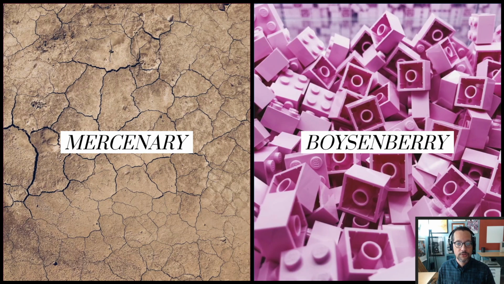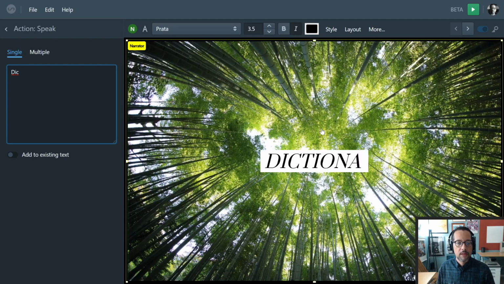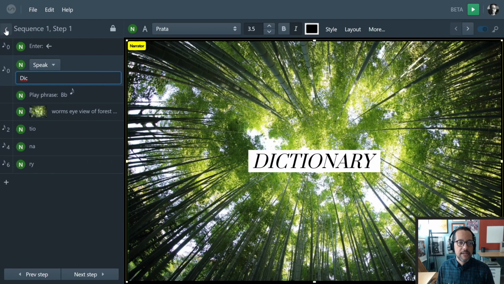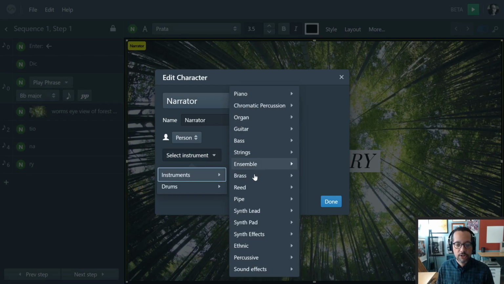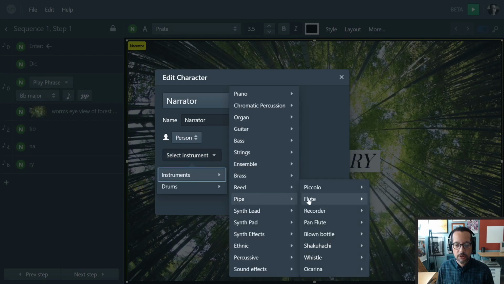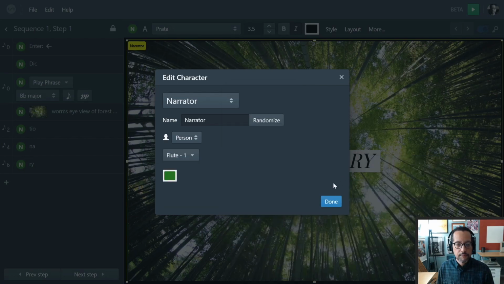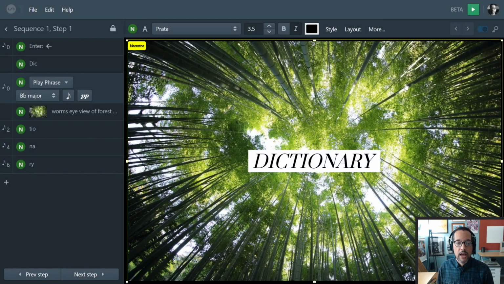All right, so 4 notes each time. So our default instrument here is the kalimba, but let's say I want to change that. All I need to do is go to the character settings and change the instrument that that character is playing. So let's say I want to use a flute here. Okay, so now if I go play my story,